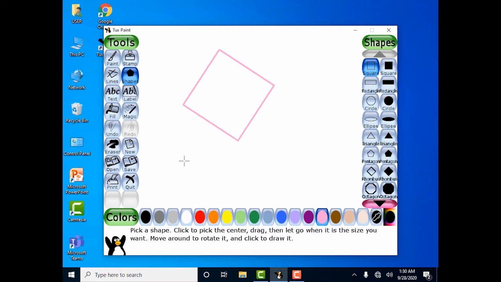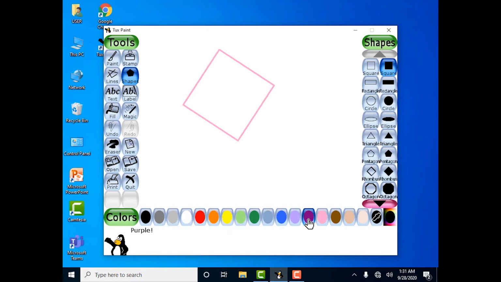Let's draw 4 different square shapes at various angles. Select filled square, choose the color from the color palette, and draw the square.